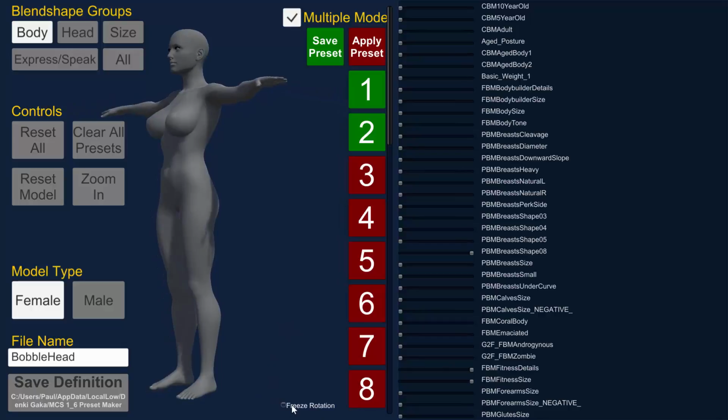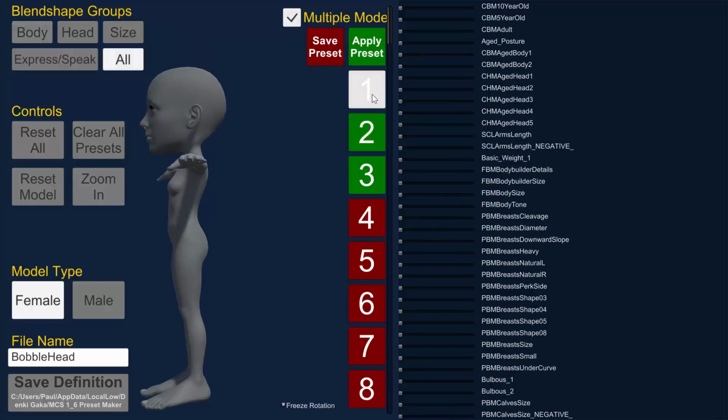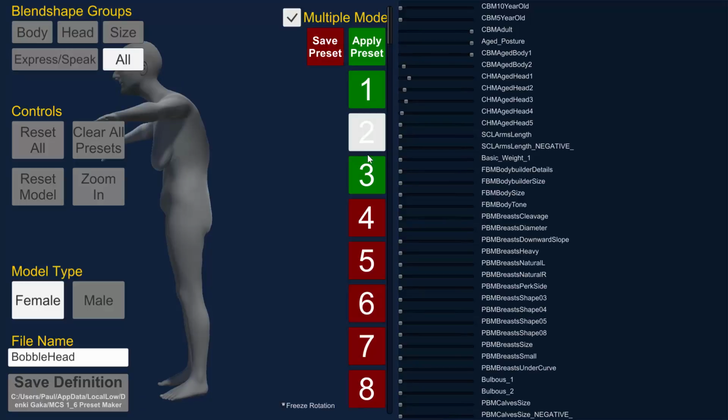Go ahead and rotate her a little bit. Maybe you want a larger backside. You could actually increase the glute size there. And we'll go ahead and put her in slot 3. So now if we switch to the apply preset, you can see that we can switch between all of our different types